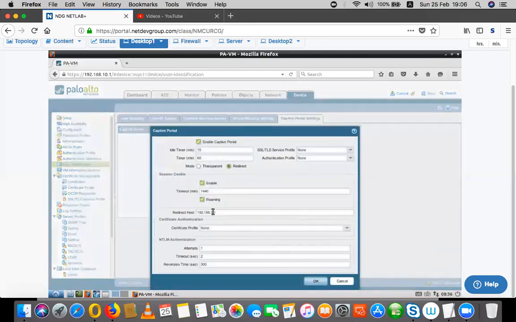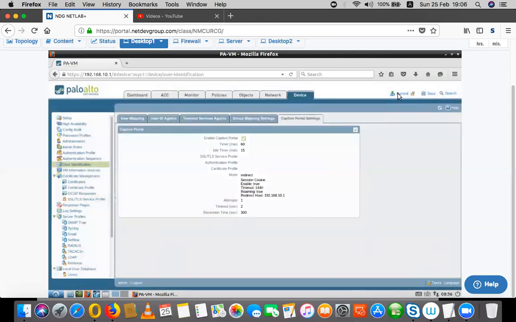Okay, so I'm going to simply say not 1.1 but 10.1. So as soon as the traffic comes in, the user is going to be presented with a portal page, because we are enabling redirection on our inside interface, and on that interface we have enabled response pages to be sent. We click on OK,